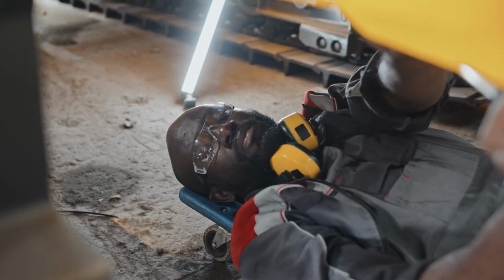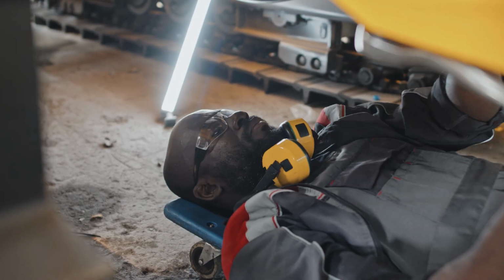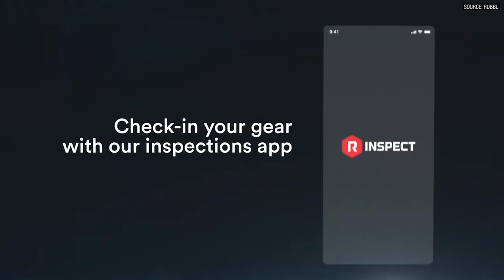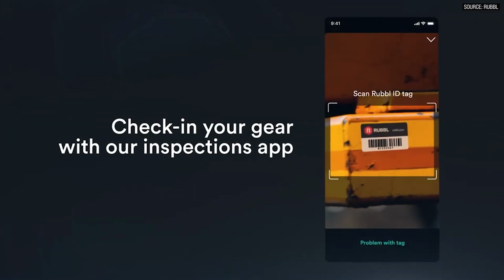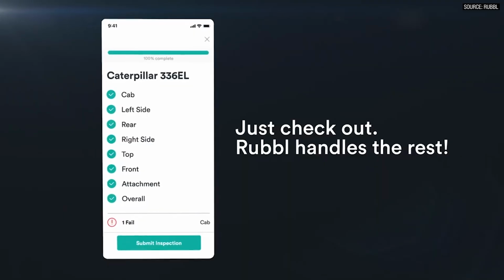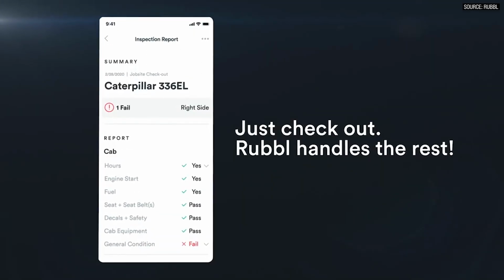How do you handle the prospect of machine damage? It's a really good question. Damage is always a subject of contention between the owner and the renter, blaming each other for who did what. So we've built our own inspection app, and we require the owner, prior to the machine leaving their yard, to inspect the machine, and it prompts them to take pictures and videos and check off all